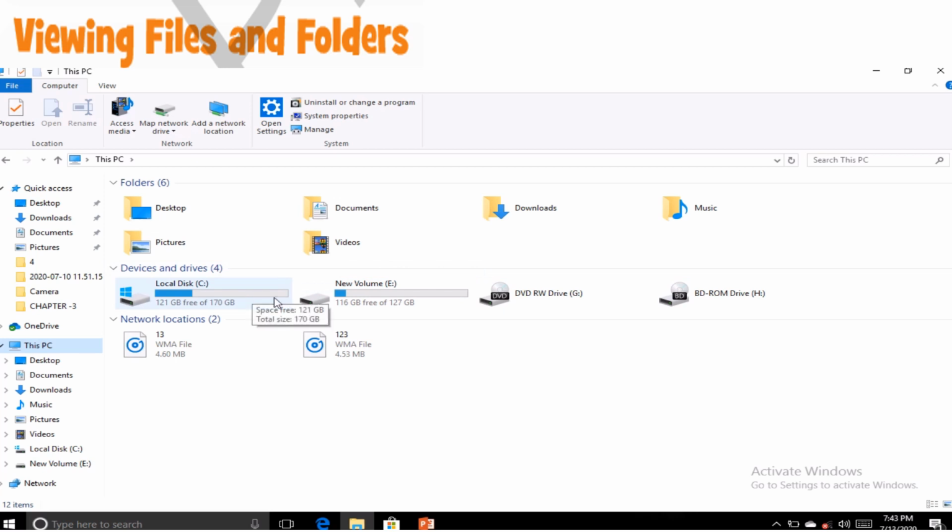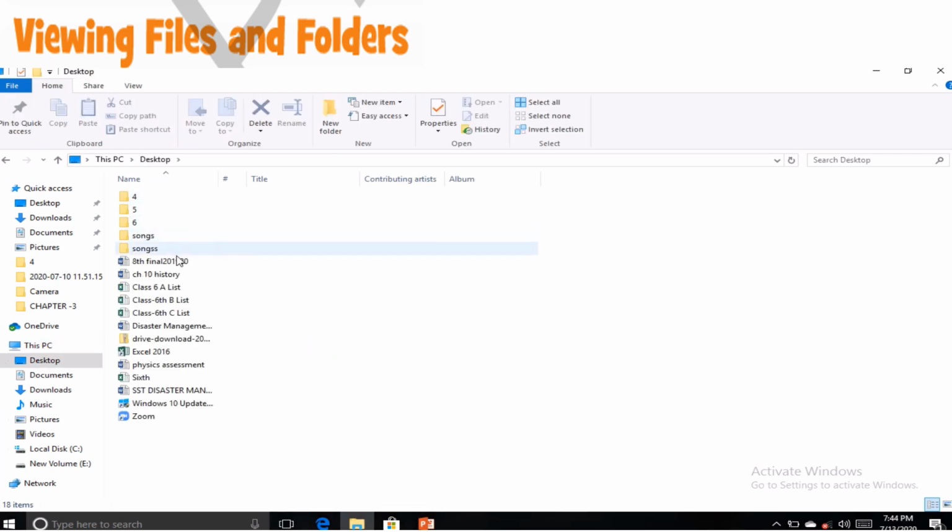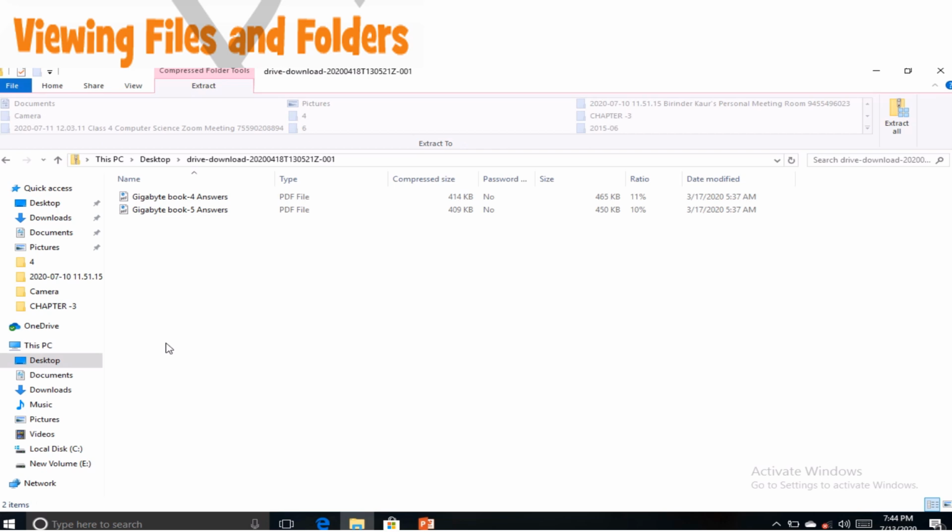After that, we have the drives, in which the memory of your computer is divided, and then CD or DVD drive. And same way, if you have USB drives, then it will also come here. So children, by this way you can explore. But if I want to explore the desktop folder, I have to double click on it. Then I can see all the files and folders which are available in it. And when you will double click on any other folder, then you can see the subfiles or subfolders.